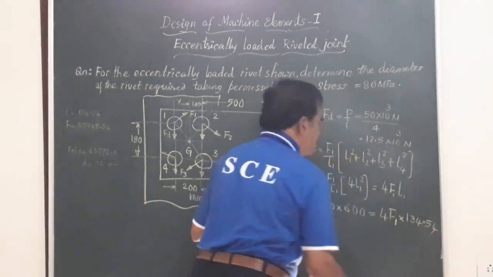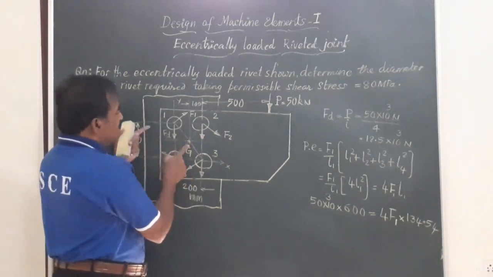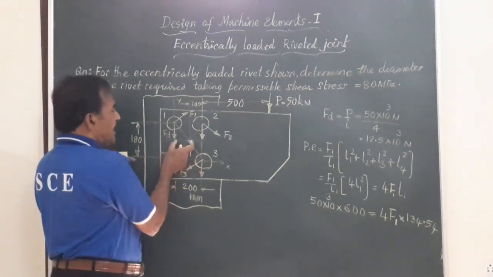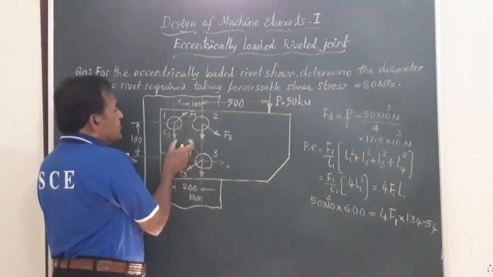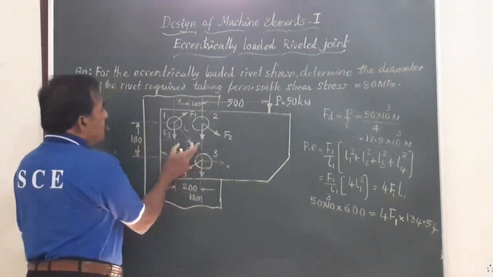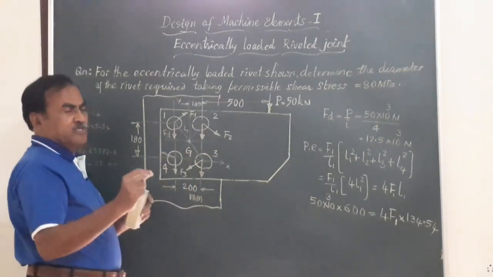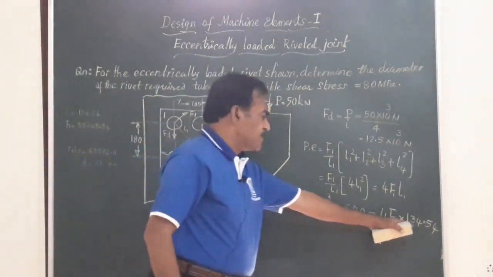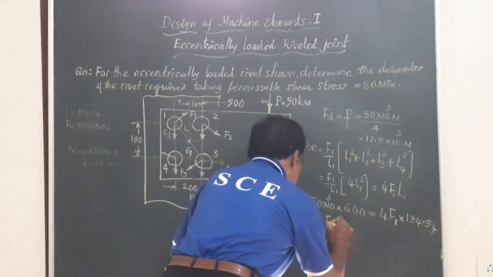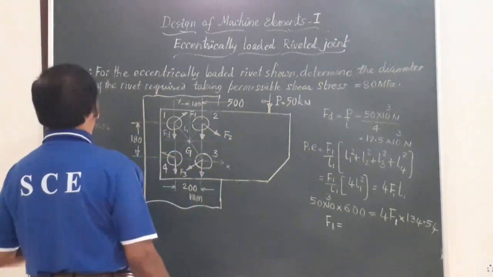134.54. You may ask me how to obtain this. Friends, you can see here L1 is the distance from CG to this rivet. You know this distance: this is 100 and this is 90. So L1 is equal to the square root of 100 squared plus 90 squared. So L1 works out to 134.54, and after simplification, friends, you get F1, the secondary load at rivet 1, as